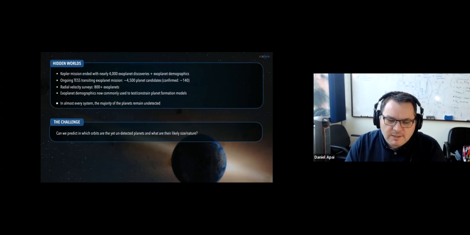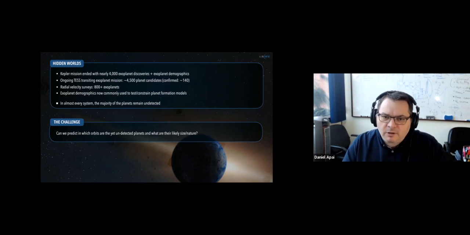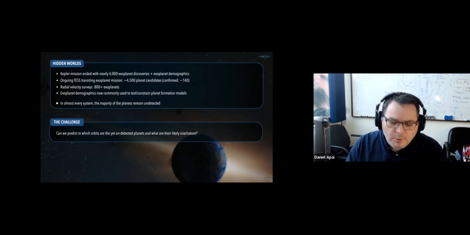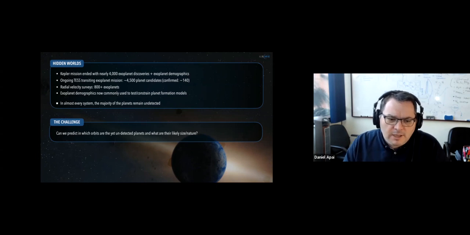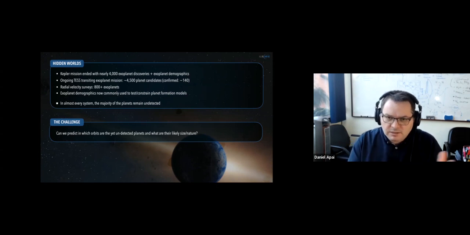So the challenge remains that I showed you how much we are missing still from the nearby exoplanet population, but even in systems where we found 1 or 2 or 3 planets, many more probably remain undetected. So the question is now, can we predict in which orbits are yet undetected planets and what are their likely sizes and nature based on what we know about systems? If we can do that, then we have an ability, of course, to guide observations, to verify those predictions, characterize those planets, discover them, and then also in the future, you can use this kind of predictive tool if you are able to do this from, say, cursory information on a direct image system